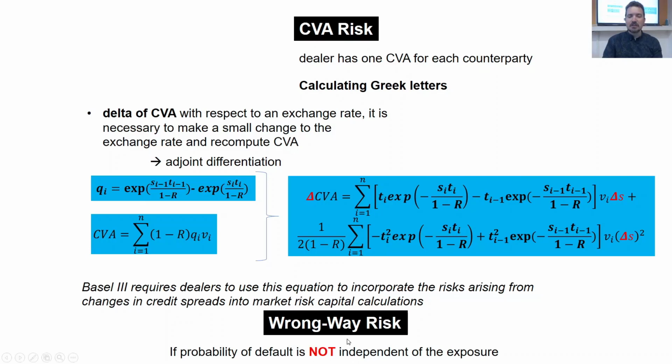My other favorite section in the chapter was the wrong way risk. The probability of default is not independent of the exposure. So if we have the partner risk and also at the same time the exposure, they can be interlinked. But after the definition, there were no mathematical expression describing how we can add this to the CVA. They are not independent. So thank you.